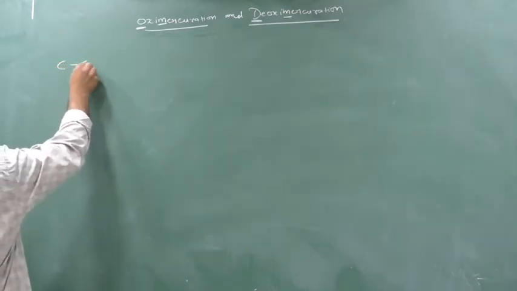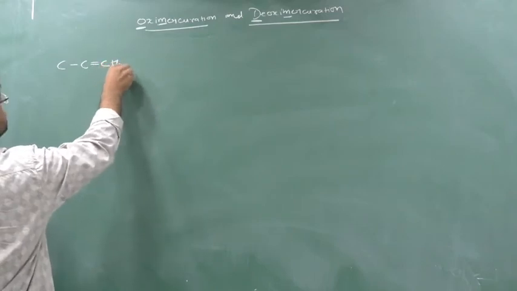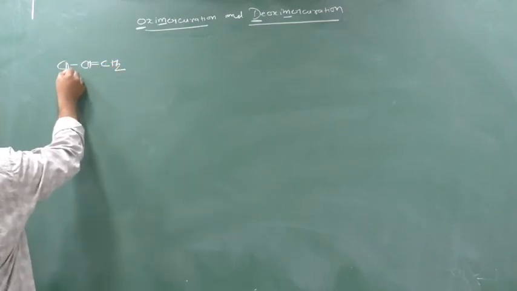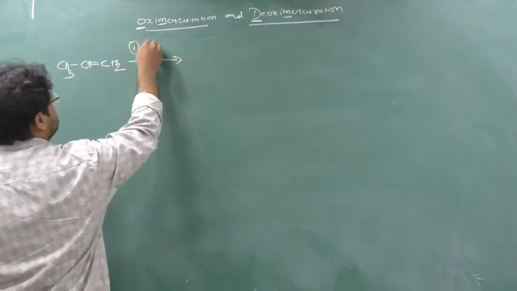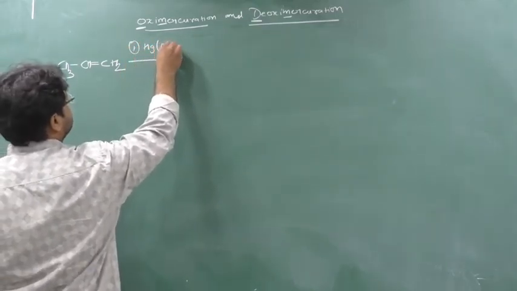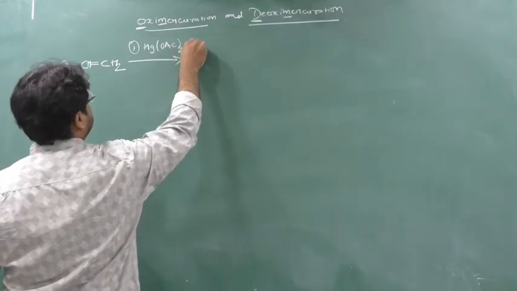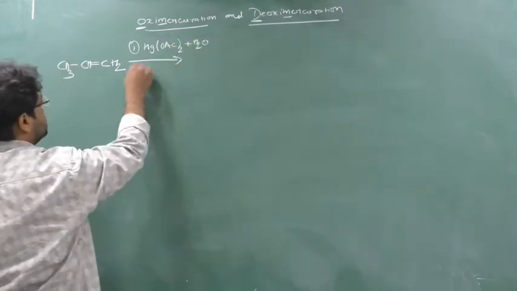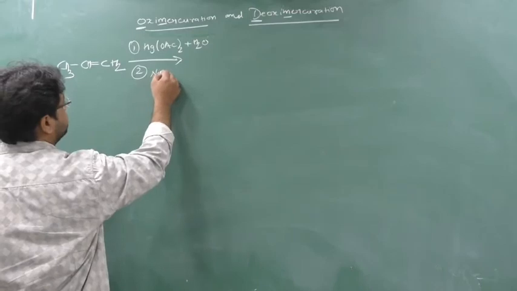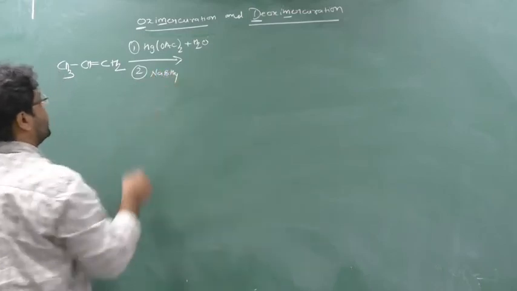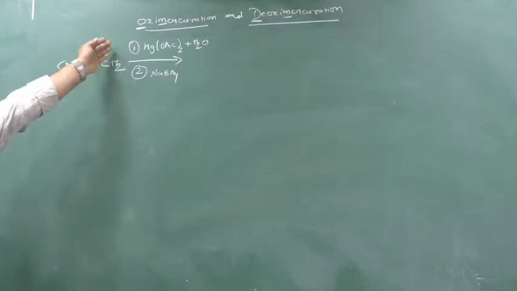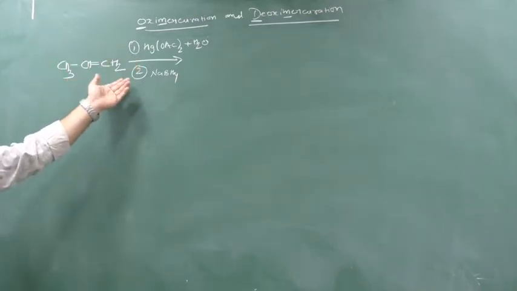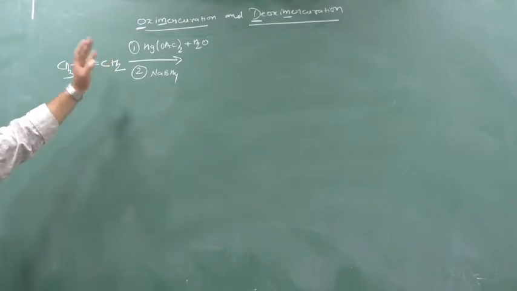Okay, so once more we will see, if I have here an unsymmetrical alkene, so here CH2, 1, 2, 3, 4, CH3. In the first step we are using what? In the first step we are using mercuric acetate along with water. In the second step we are using what? Sodium borohydride. So to get the answer directly, if you see in the question in the exam this way, here first is mercuric acetate with water. In the second step, if you see sodium borohydride, understand this is an example of oxymercuration and demercuration.